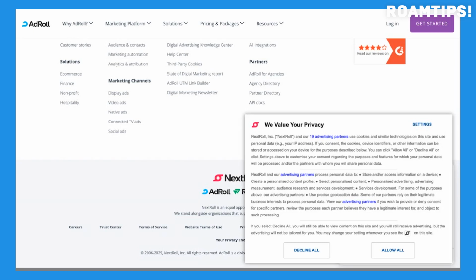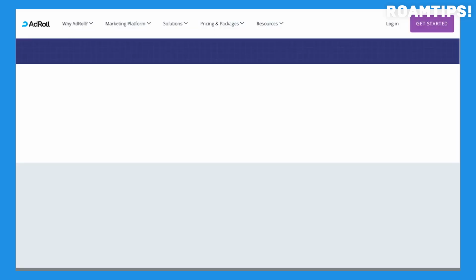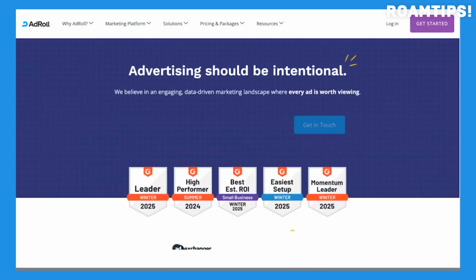Beyond retargeting, AdRoll manages full-funnel campaigns across multiple platforms. If you're an e-commerce brand looking to boost customer retention and drive conversions, AdRoll is a top choice. It simplifies ad management, automates engagement, and maximizes your